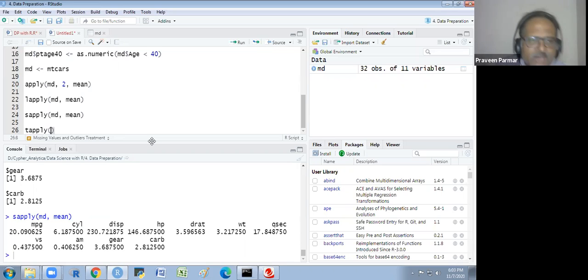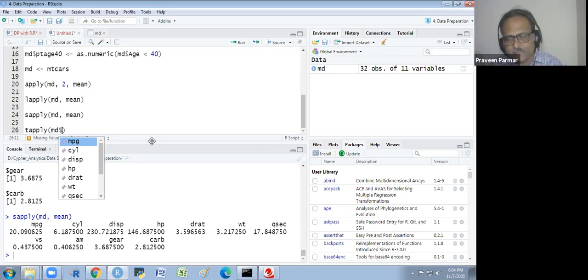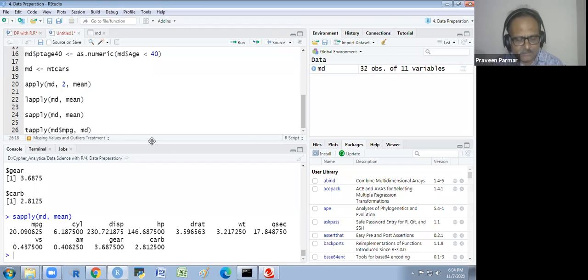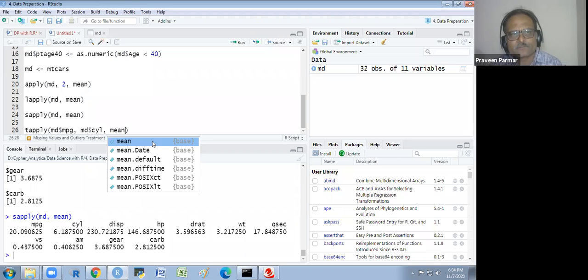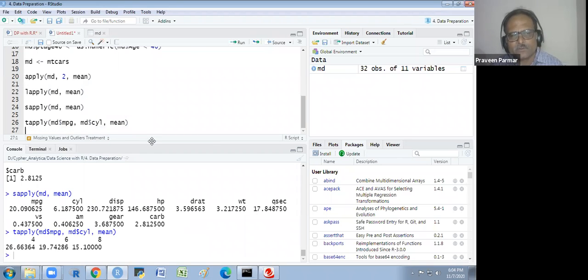The first one is my variable. It is not a data set, it is a variable I am taking, the numeric variable. Second, I am taking cylinder. I don't know whether it works or not because it is in numeric form here, but we try. Okay, it is working.